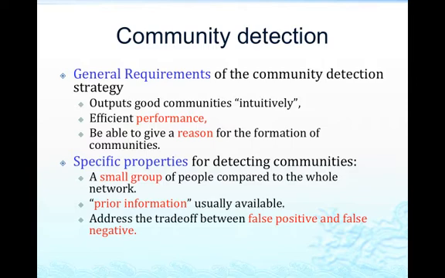Second, we also want to be able to incorporate prior information in the algorithm design. For instance, imagine Facebook wants to design a community detection algorithm today. Beyond the social network data it owns, it also has access to other types of data, such as what the users wrote on their wall, or what kind of photos the users like. We believe it's important to leverage this kind of information in the design of a community detection algorithm. Finally, we want to be able to explicitly address the trade-off between false positives and false negatives.